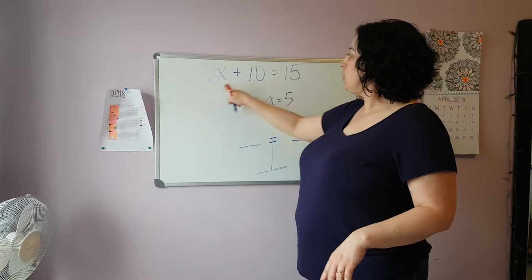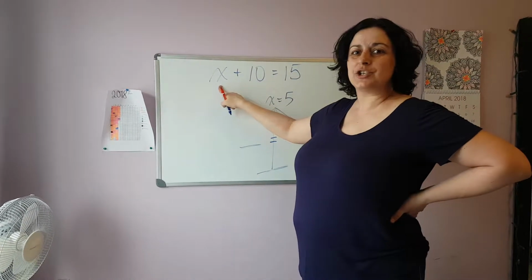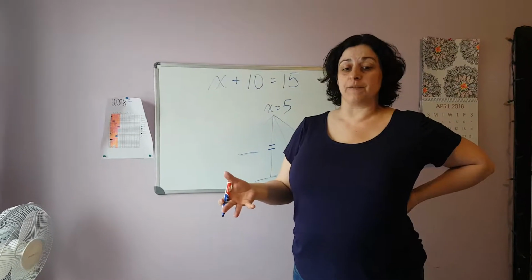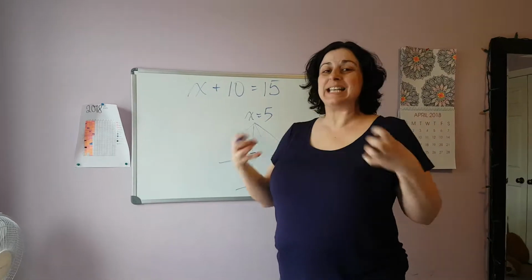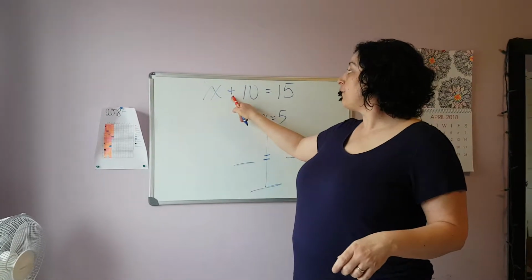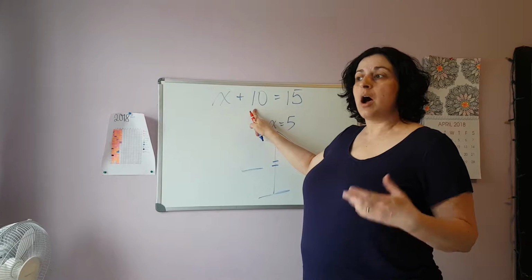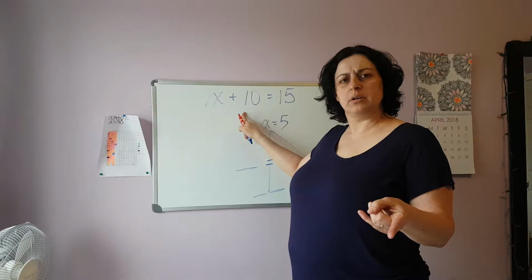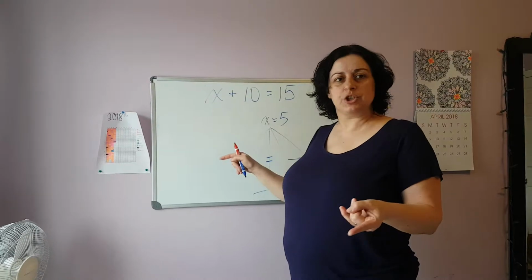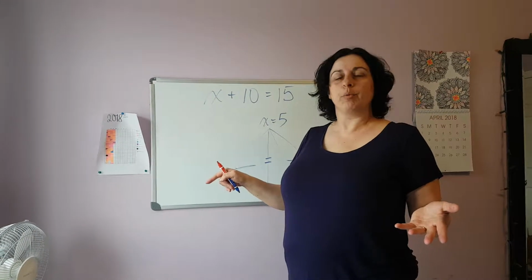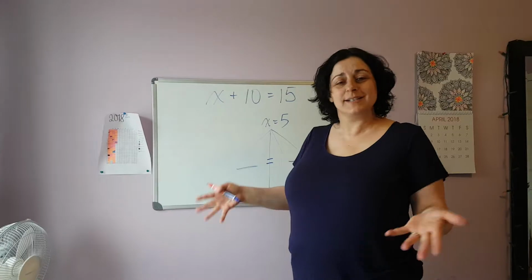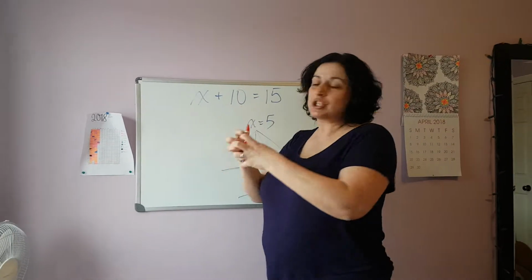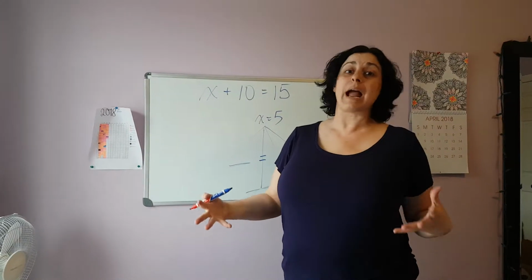And in my equation up here, my x is attached to a plus 10. But I want to get the x by itself. In order to detach that x from the plus 10, I need to do the opposite of addition, right? To undo addition, what do you have to do? And in your brain, you're like, subtraction. Exactly. If I have x plus 10 and I want to detach that plus 10, I have to subtract 10